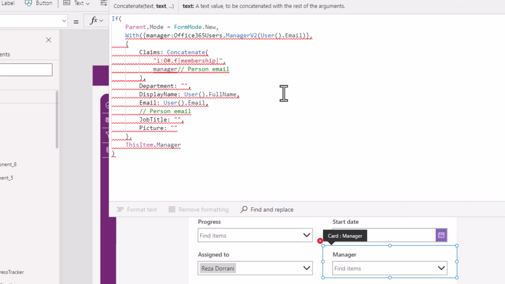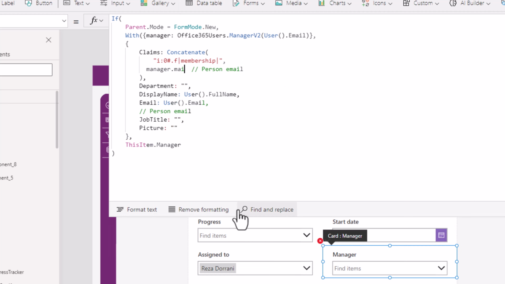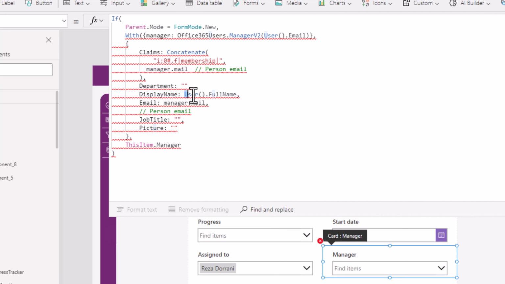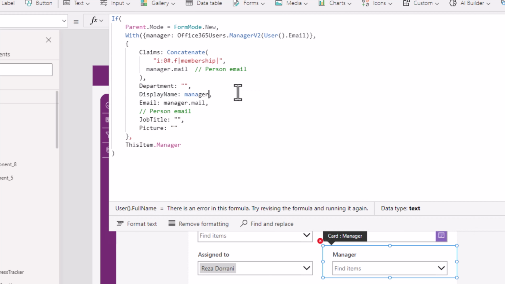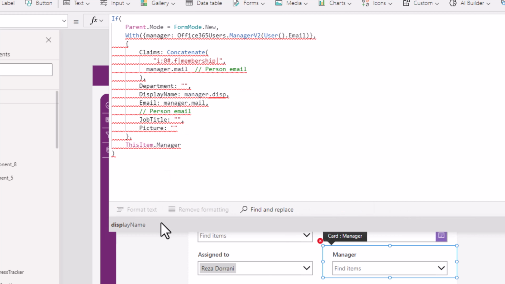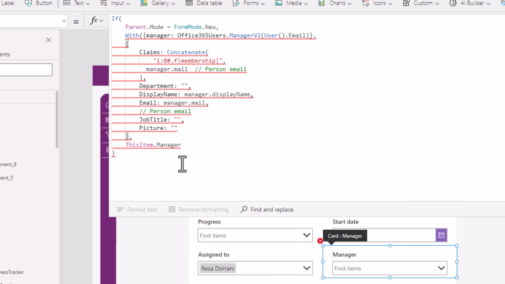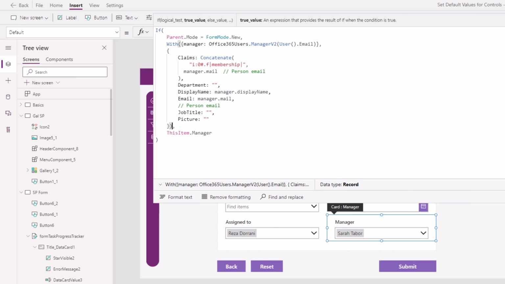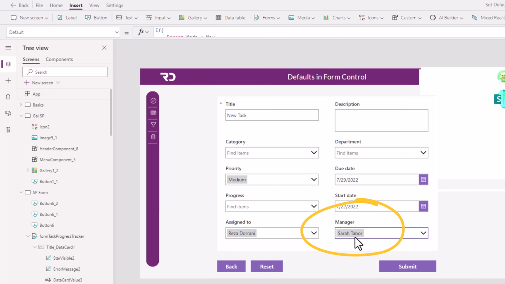I'll replace this part with manager.mail. I'll use it here as well. And for display name, I will use manager.displayName. And I will close the bracket for the with function. If I look at the manager column default value, it is actually picking my manager from Active Directory, which is